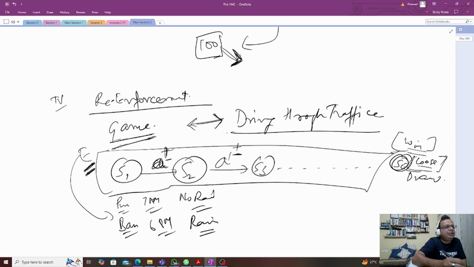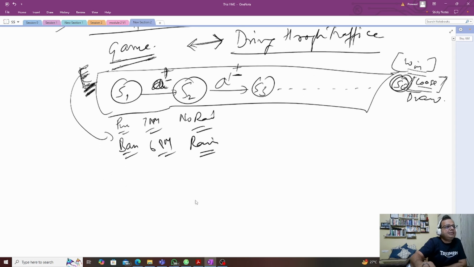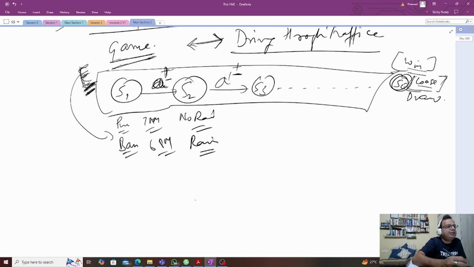It's not the same. So the environment in which you operate is also important. The environment can be a static environment or a dynamic environment. Let's not get into all of that, but it's a set of states,